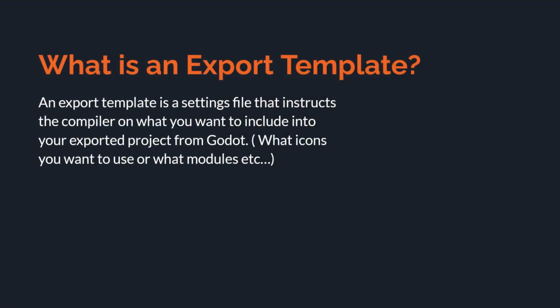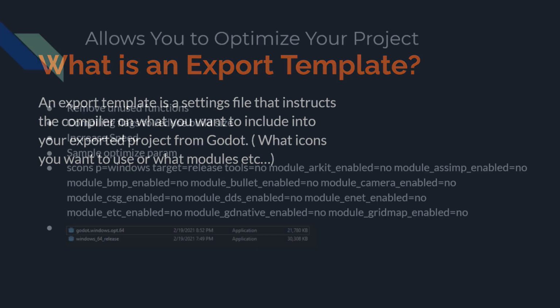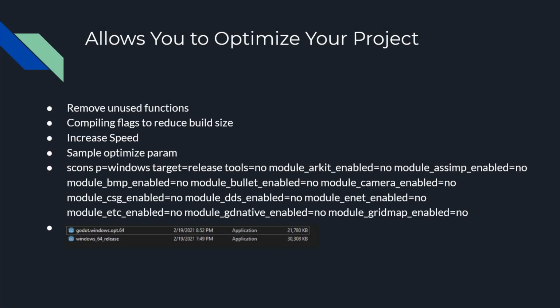Okay, so the first thing that we need to understand is, what is an export template? Well, an export template is a way for Godot to know what it needs to include inside of your project when it compiles it. Now, this is an awesome way to allow you to optimize your build size. So you can do things like remove or strip out unused functions. You can use specific compiler flags that will help decrease your build size. And it'll also allow you to do things like